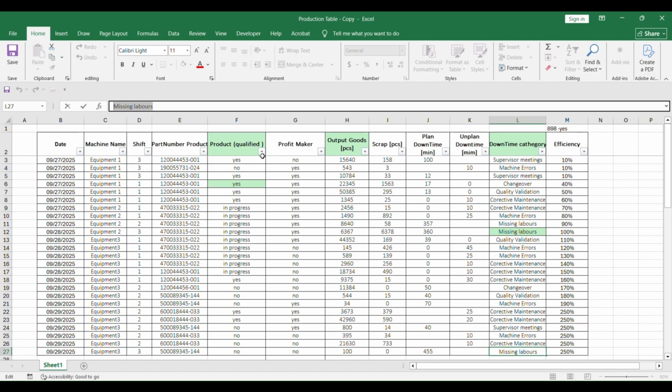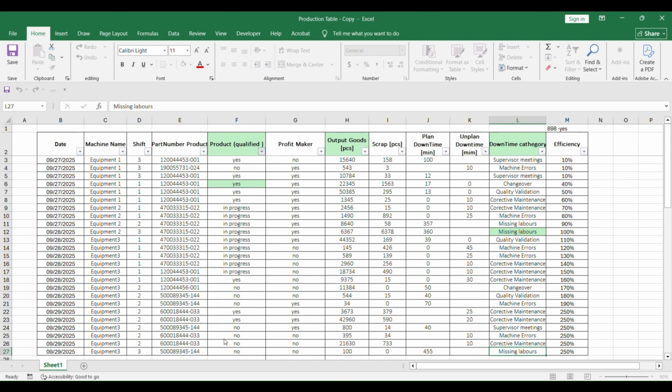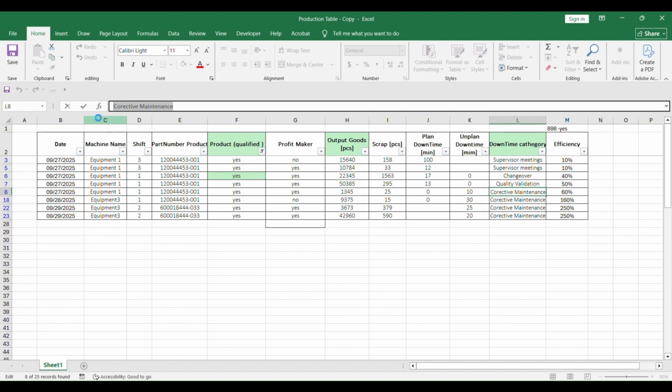So meaning that if I filter for yes, the first filter was true because I have data here, but when I'm trying to filter about missing labels, I don't have that option. So that's the reason we get a blank result. But if I would have to filter it for corrective maintenance, let me just copy this.